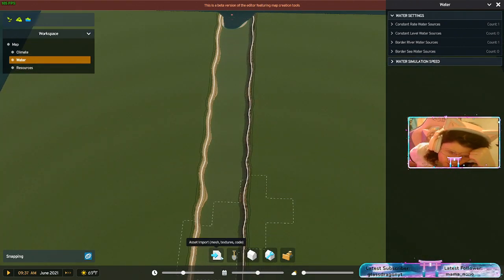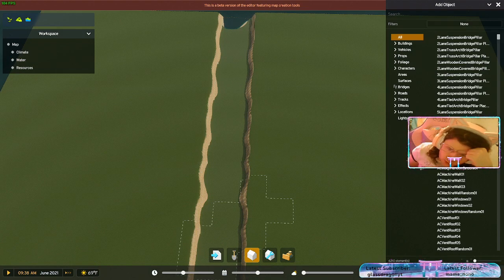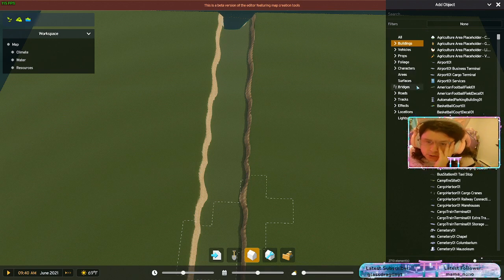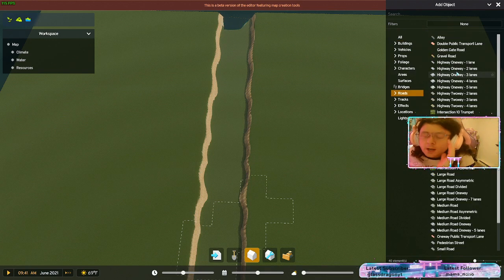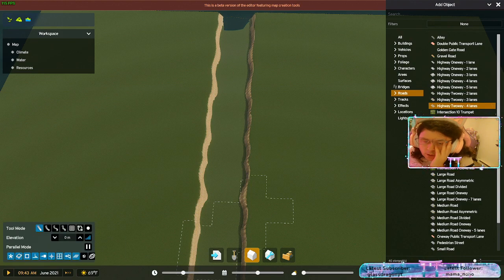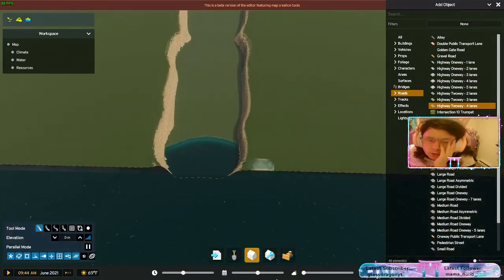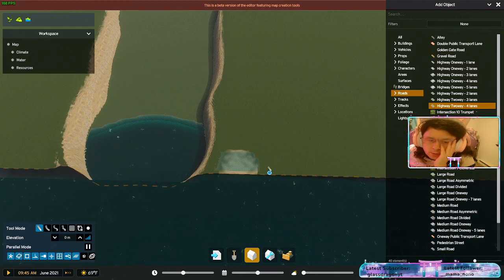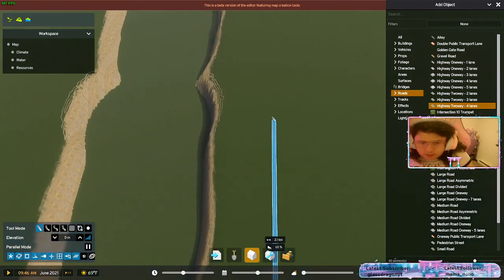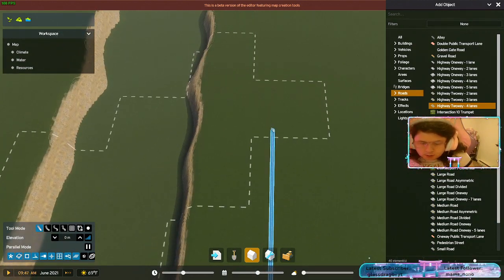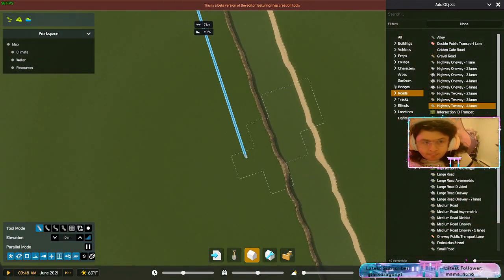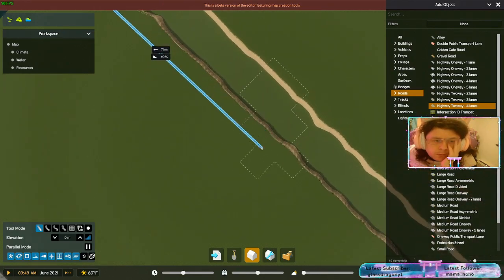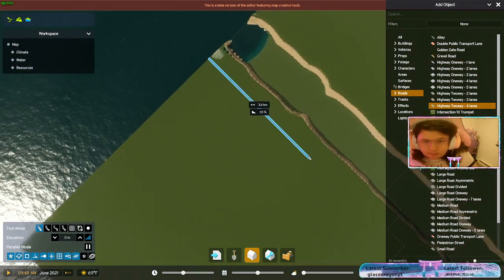Then what you do need to do is also have a road coming in. So let's go down to roads. We're going to use our highway, the 4-lane highway road. We're just going to take the road and extend it. So basically, all it is just going to be